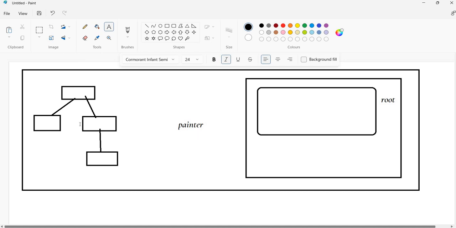So if you just update the original DOM, suppose you add an h1 tag with the help of document.createElement, taking the reference of this root div and appending it as a child to that div. So what will happen? This painter always observes whether there are any changes in the original DOM. So if any changes are there in the original DOM,